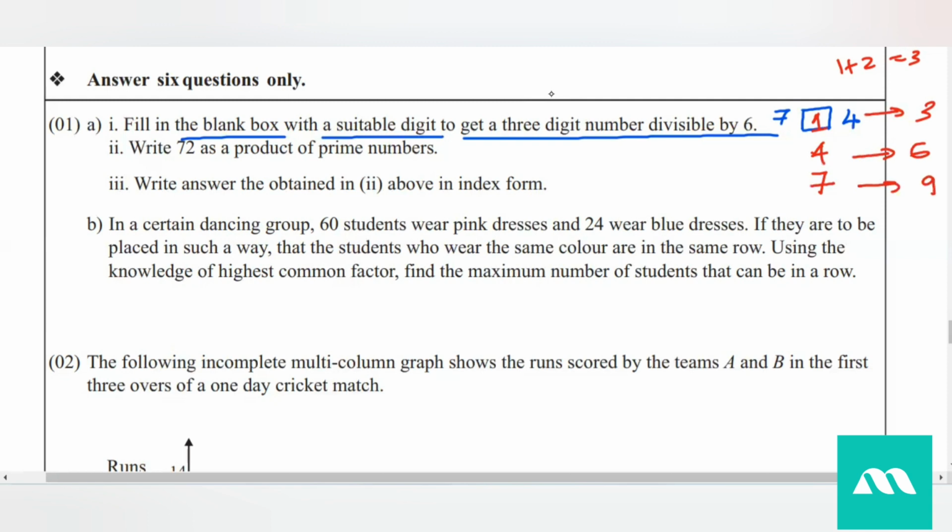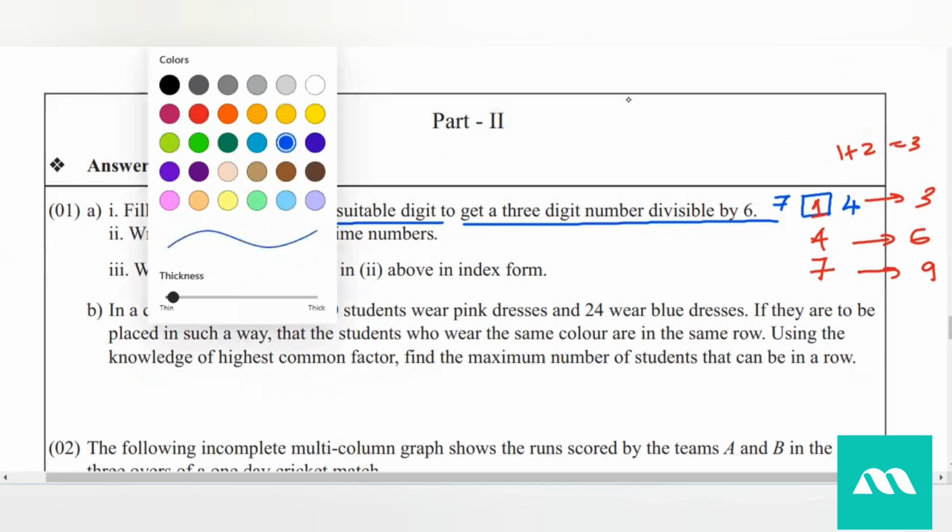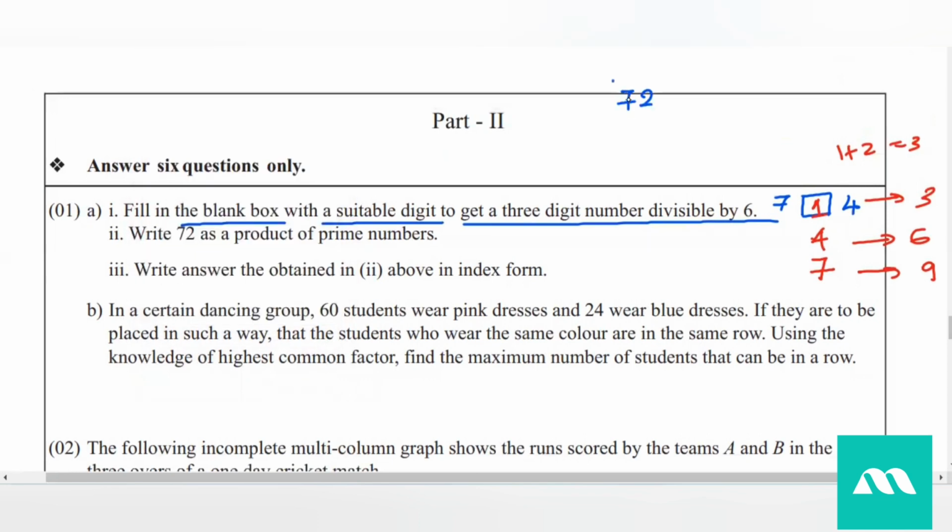Then if the answer is 1, 4 or 7, then that number is divisible by 6. Okay. Write 72 as a product of prime numbers. Then we take the prime numbers and we do the continuous division. 72 is divided by